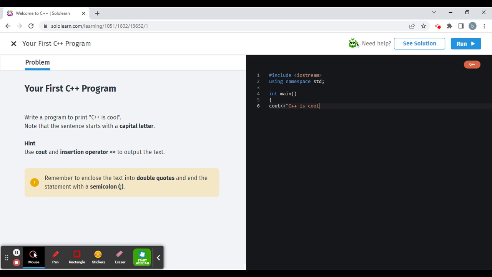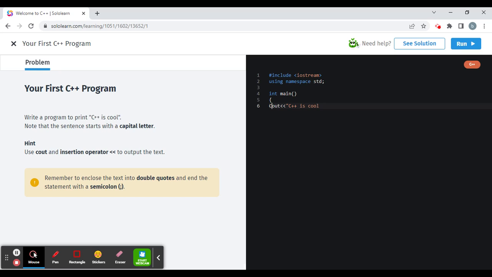Remember to do it exactly, that's why it says note that the sentence starts with a capital letter. Things can be case sensitive, so make sure you're paying attention to that.